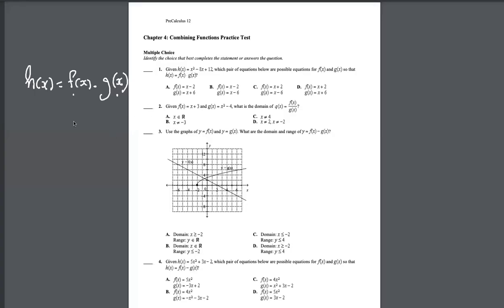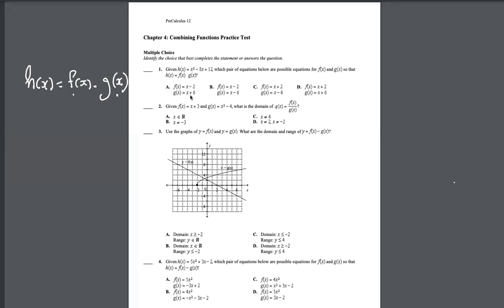So again, for question one, h of x equals f of x times g of x, as they said here. Find out which equation from here, or which two equations that represent f of x and g of x, so that when we multiply them, we get h of x, which is here. And tell me what strategy you used. So the best strategy to answer number one, as most of you did, is that instead of trying to go